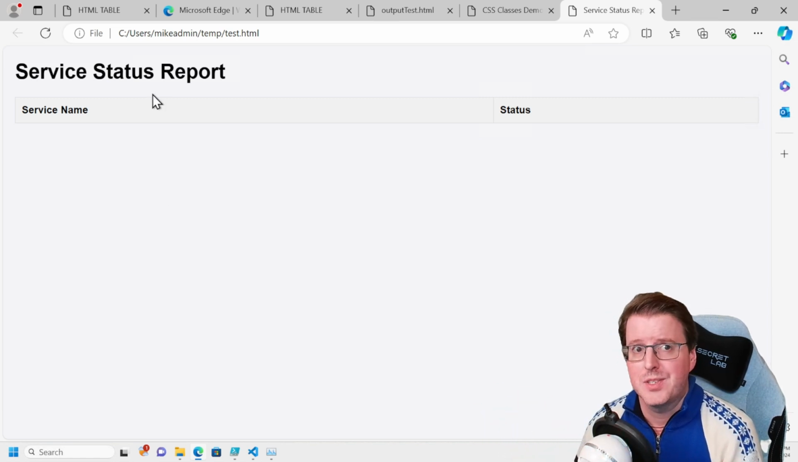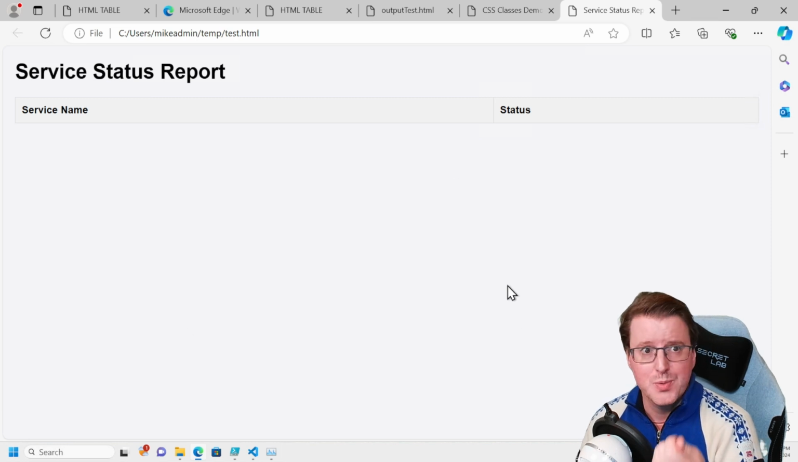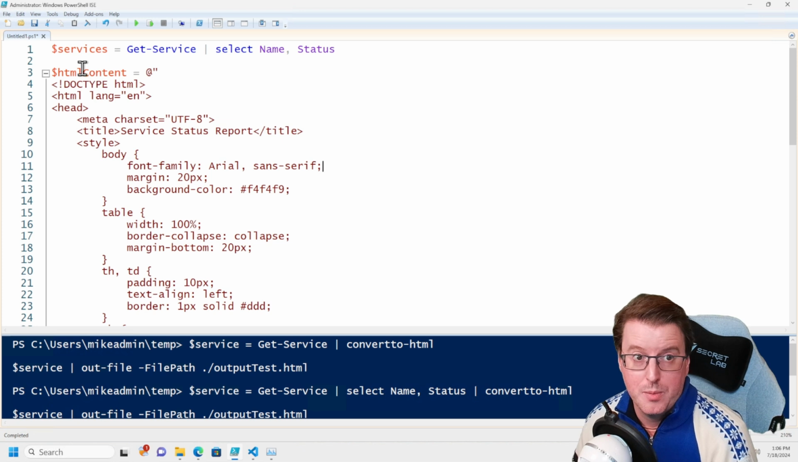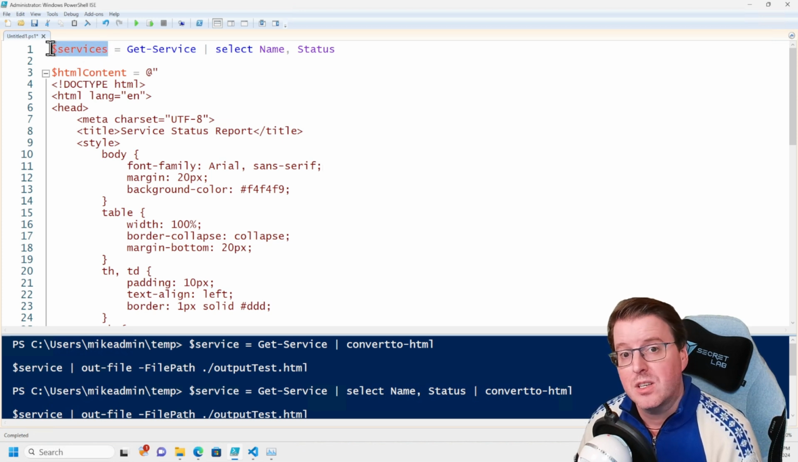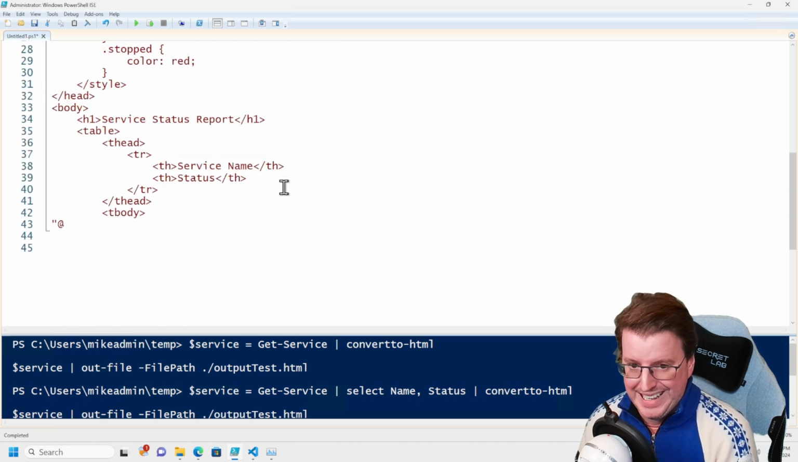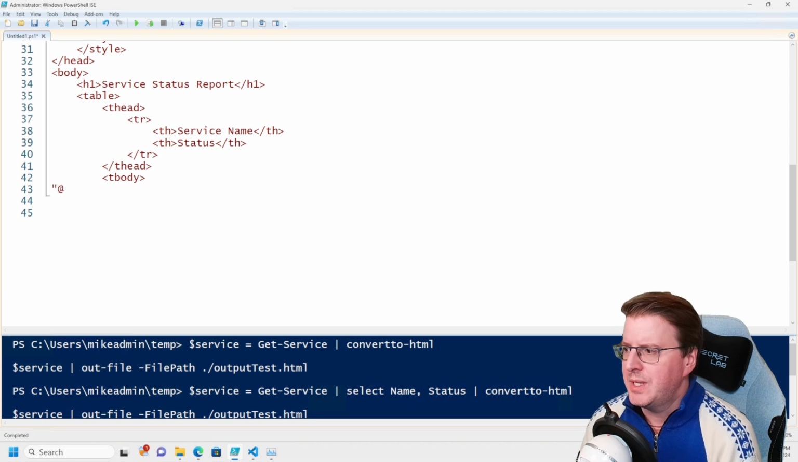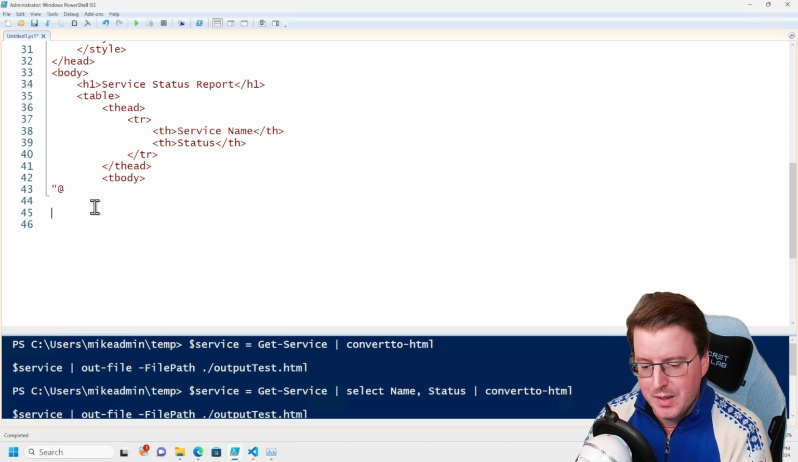We've got some titles set up, but we need to populate all of this with data. And that's going to come from my get service command up at the top here. More to the point, that's going to come from this $services variable that we've declared. So let's go down here, and what we need is quite a fancy block of code, because we need to